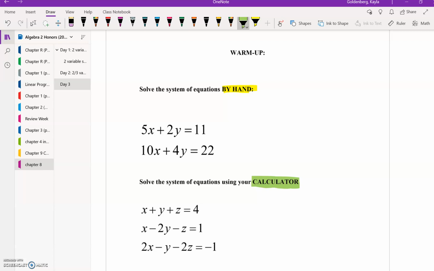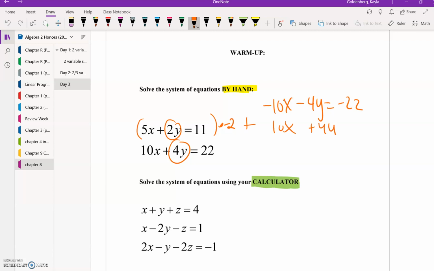Okay, so if you have come back to the video, that means you tried it on your own. For your 2 variable system of equations by hand, I would probably go for elimination with this one. So I would do it times -2. I'm trying to get the y's to match up. So negative 10x minus 4y equals negative 22, plus 10x plus 4y equals 22. Lo and behold, I get 0 plus 0 equals 0. If I get 0 equals 0, remember this means that it's a true statement. So your answer would be infinite